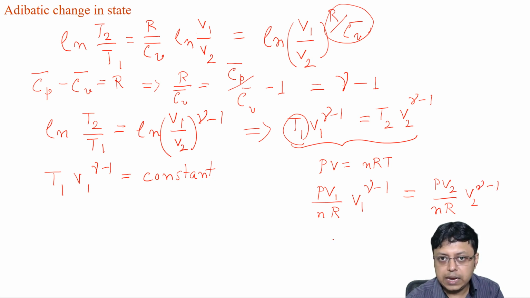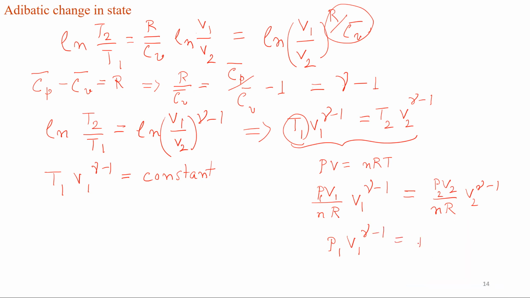So what we get is P1 V1 to the power gamma minus 1 is P2 V2 to the power gamma minus 1. This gamma minus 1 and V1 gets multiplied to get P1 V1 to the power gamma is equal to P2 V2 to the power gamma. So what we get is PV to the power gamma is constant